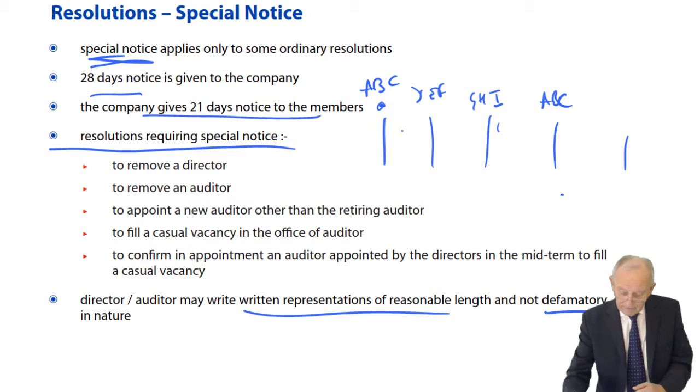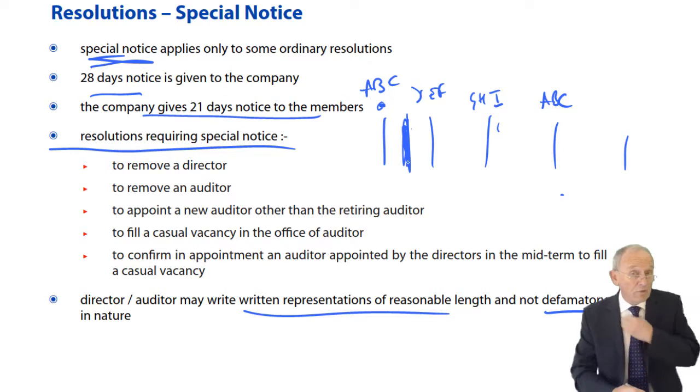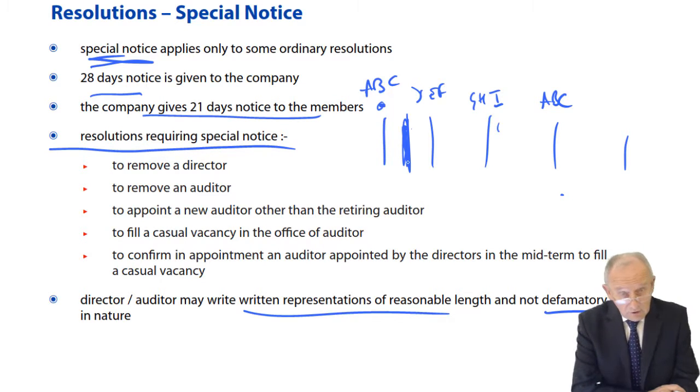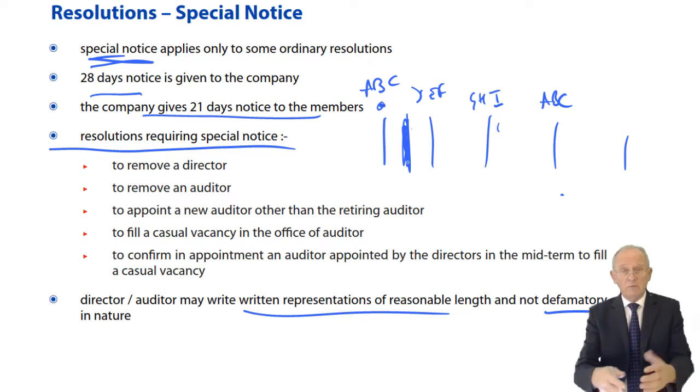And if in the year of office, in his period of office, we decide that Director B is cheating us, we thought he was far more competent than he's turning out to be, if we decide to remove him, we can do so. And it's only an ordinary resolution, but it's by special notice. So we have to send notice to the company that says, we wish to have a resolution put on the agenda of an other general meeting.